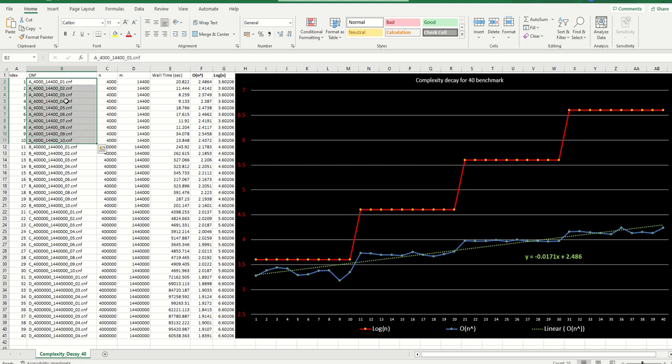So batch A is a CNF formula containing 4,000 variables and over 14,000 clauses. Batch B is multiplied by 10, which is 40,000 variables with 144,000 clauses. And again multiplied by 10, batch C, and up to 4 million variables and over 14 million clauses for batch D. And as you can see, the wall time, the raw time basically of each run goes from